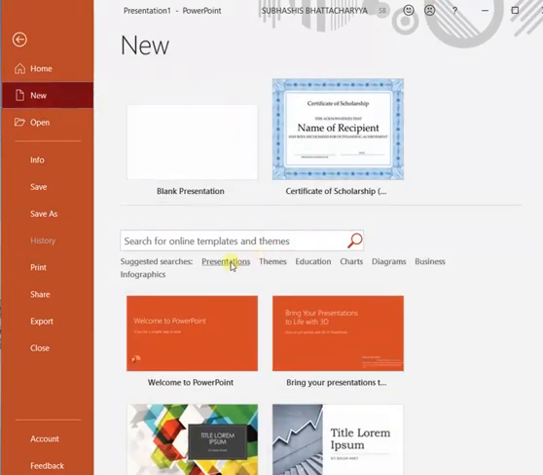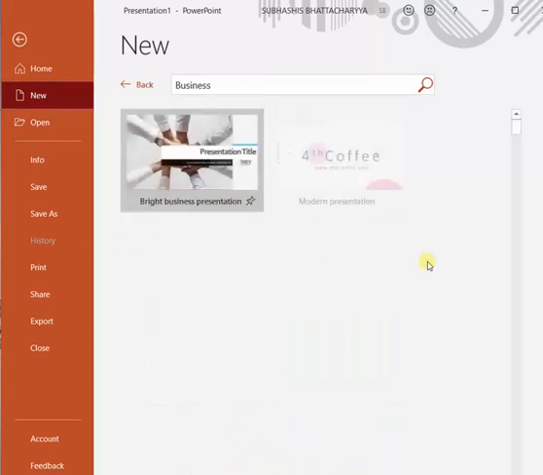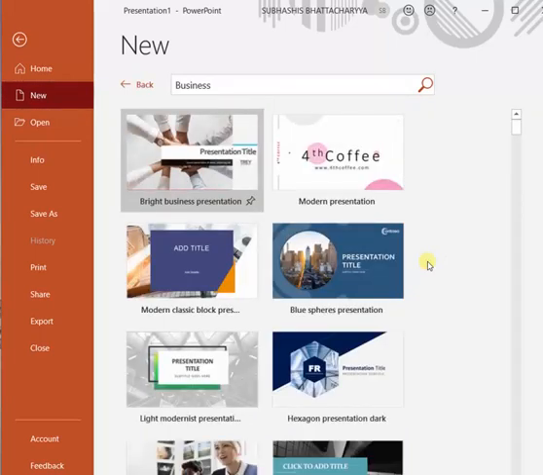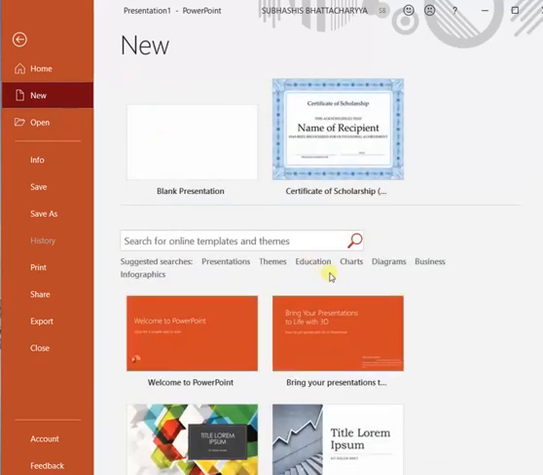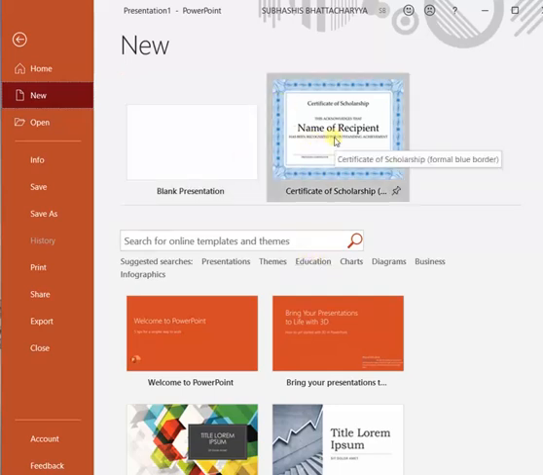So built-in templates, from these categories you can select any built-in templates, but your computer must be connected to the internet. Already I have downloaded the certificate built-in template because I want to create a certificate in my slide, so I have already downloaded it.